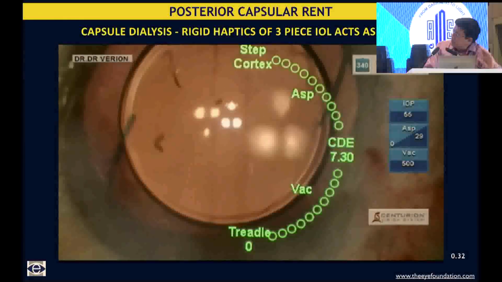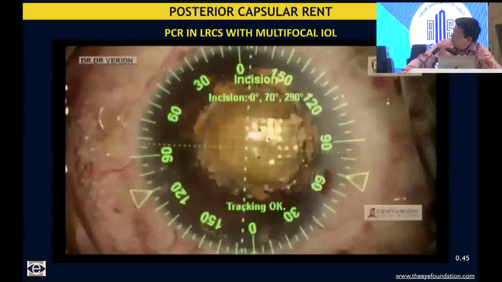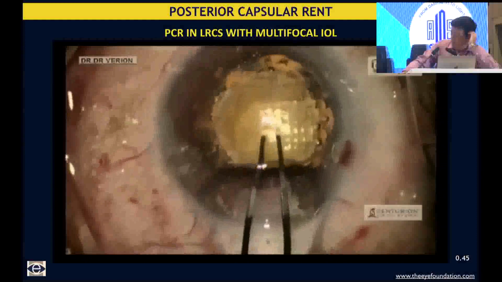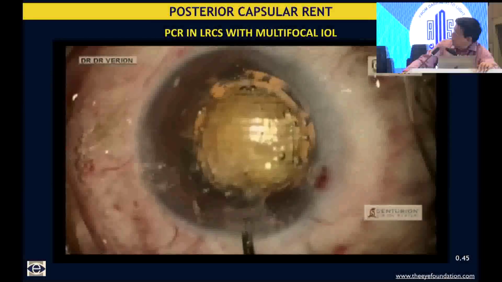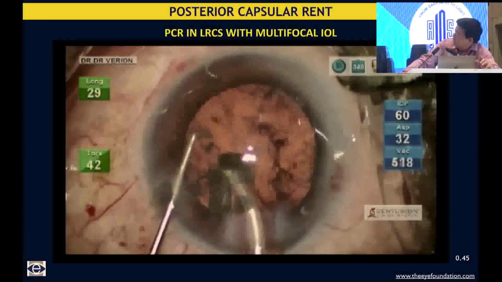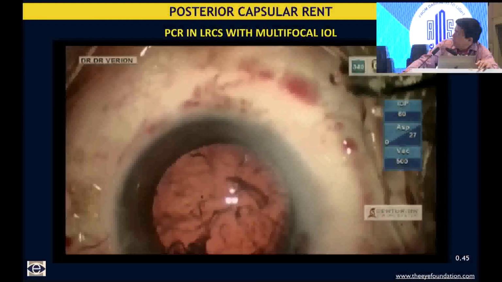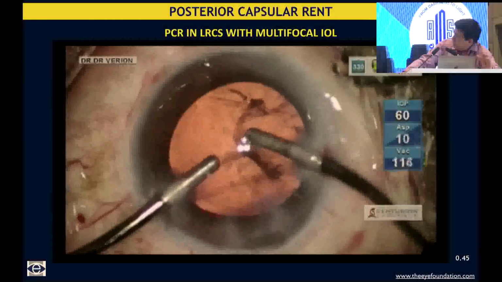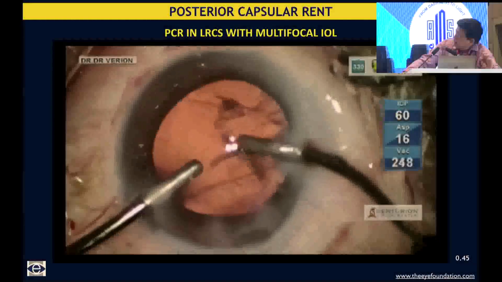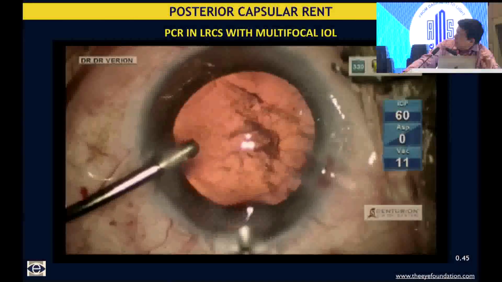Mind you, the rigid haptics of a 3-piece lens always give better support than the single-piece pliable haptics. Last of my videos, a fairly important patient, a gynecologist, underwent LRCS with a multifocal intraocular lens in the first eye. Second eye surgery, only now I noticed that there is some amount of debris in the vitreous cavity. That's when you can see at 6 o'clock there is a fairly large rent because of the extension of